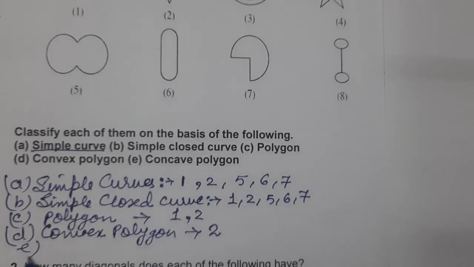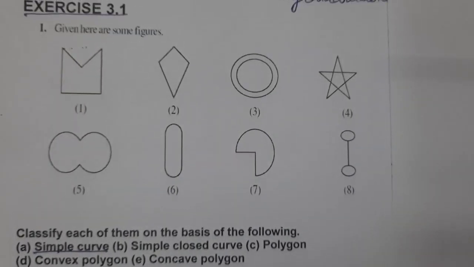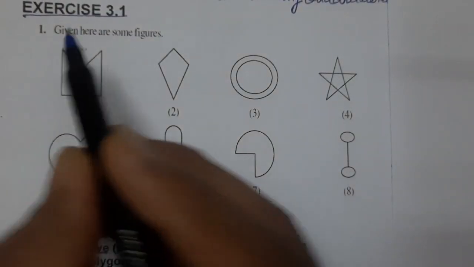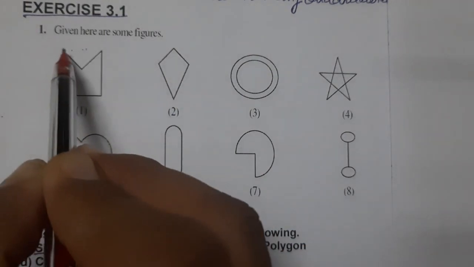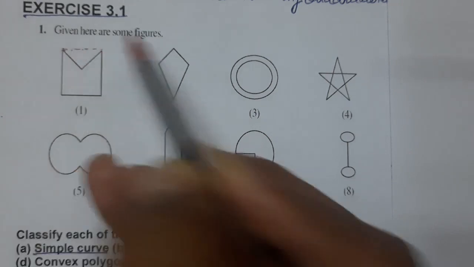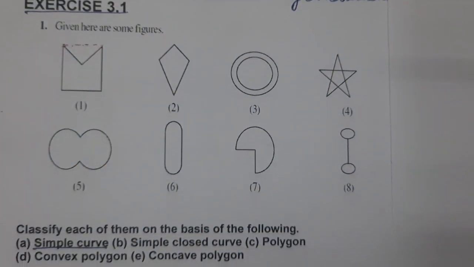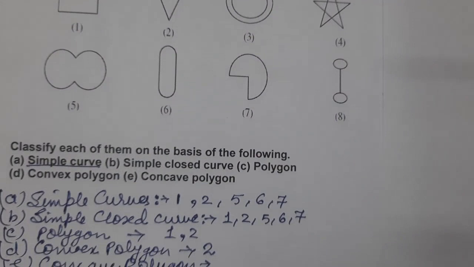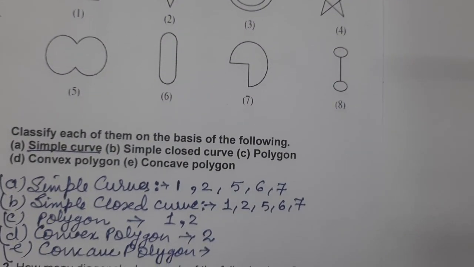Now comes to the last part. Concave polygon. Which are concave polygons here? Whose diagonal may also lie outside. So, whose diagonal is lying outside here? And there is only one figure whose diagonal lies outside here. And this is the first one. So, this is C. One of the diagonals is outside. Therefore, which is the concave polygon? First one is the concave polygon. So, clear children? First question.